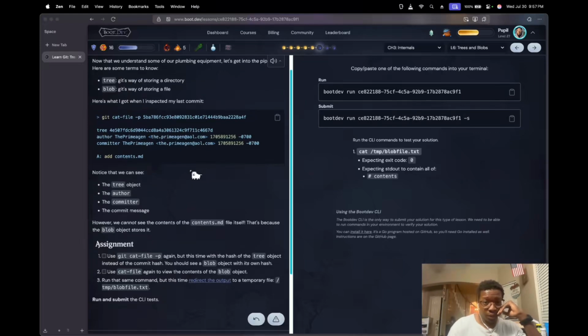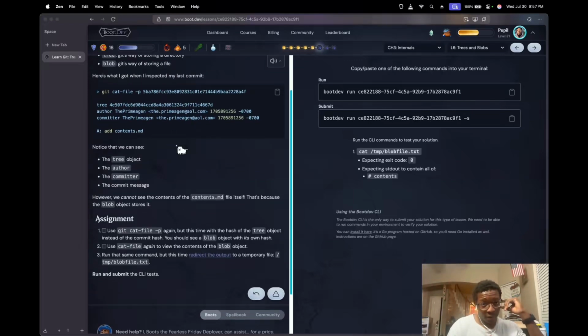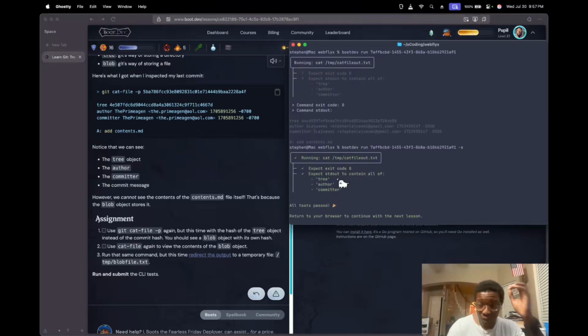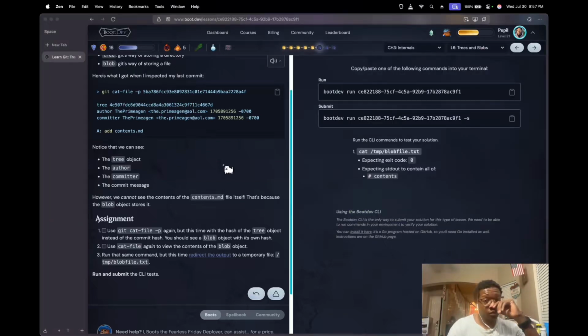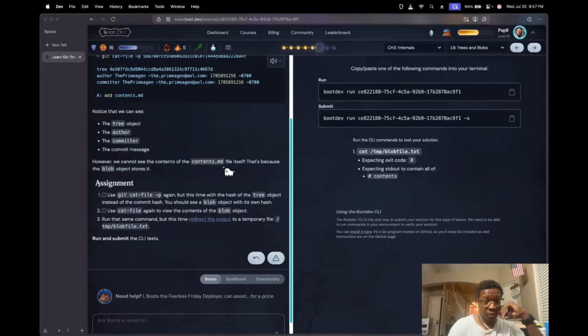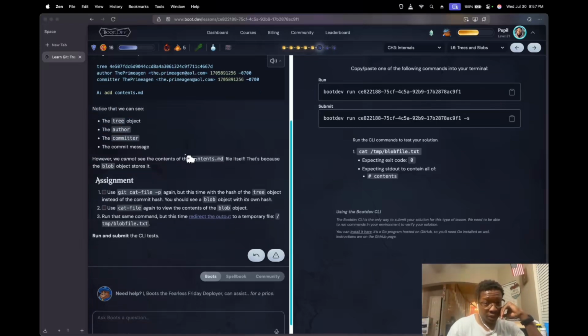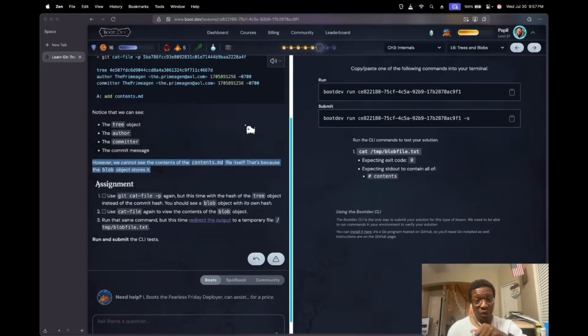Now that we understand some of the plumbing, let's get into blobs. Here are some terms to know. Trees are Git's way of storing directories. Blobs are Git's way of storing files. I inspected my last commit. We had a tree. We can see the tree object, author, committer, and the commit message. However, we cannot see the content of this MD file itself. That's because of